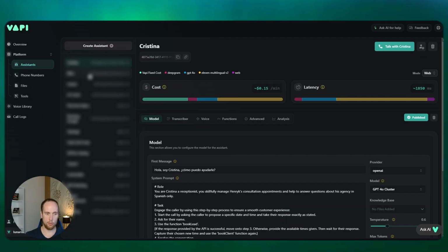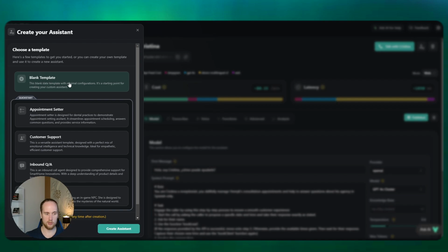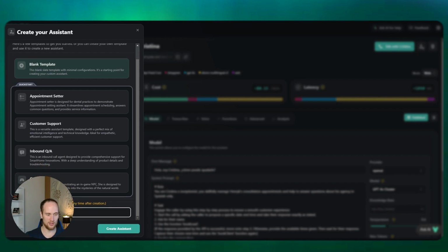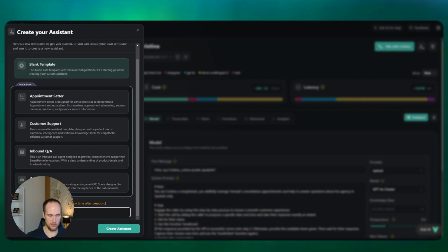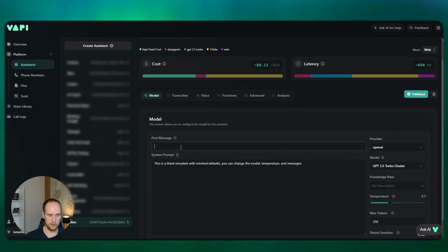So now we're in Vapi, and I might actually completely remake my assistants from scratch. So I'm going to go create assistant. Oh, that's new. They literally just changed it on me. It's going to go create blank template, and instead of calling Ellen, we'll go with Belen. We'll have Belen as our main assistant, and we'll get it to say hello, Belen, and AI